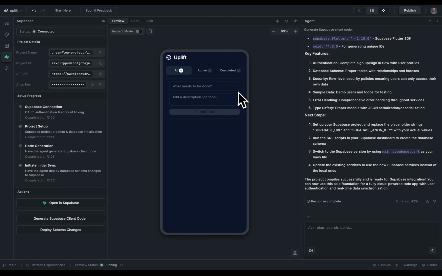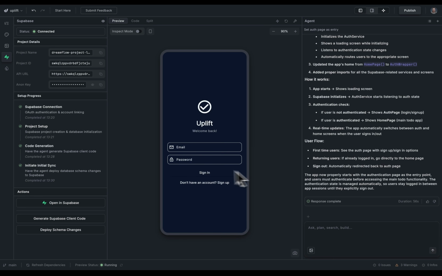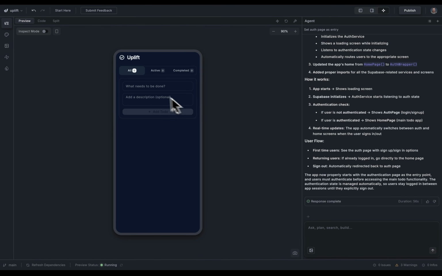And that's probably because I'm not authenticated as any user. So let's change the entry page. I'm just going to tell it to make sure the auth page is the entry page. All right, great, that's done. Great, so we're signed in, but